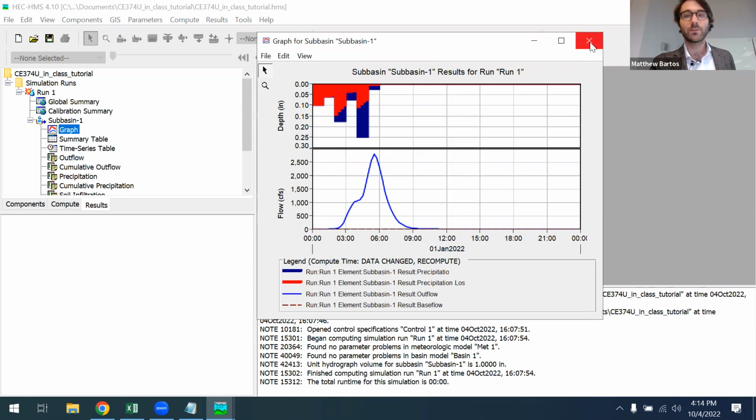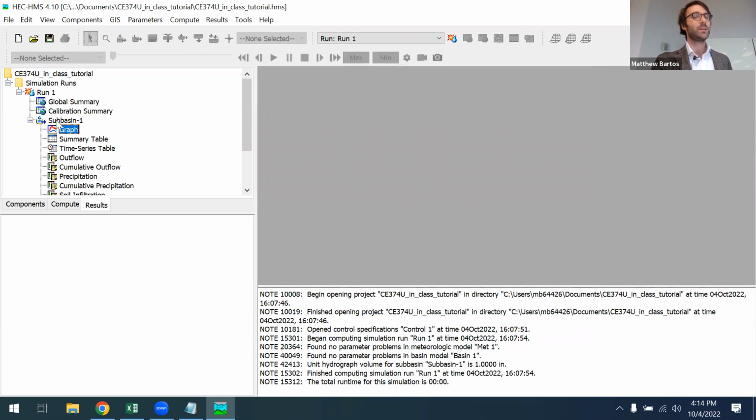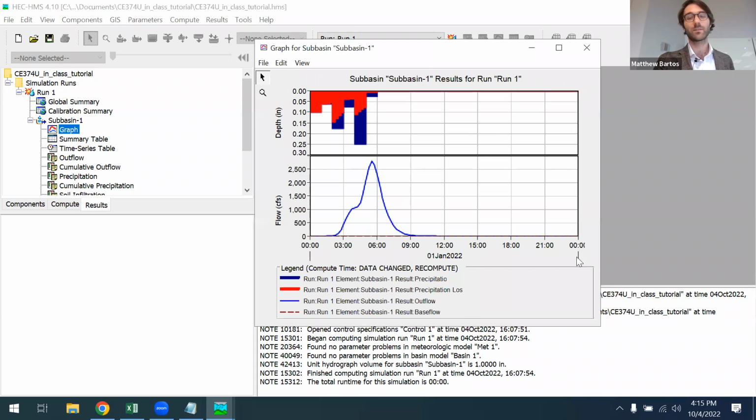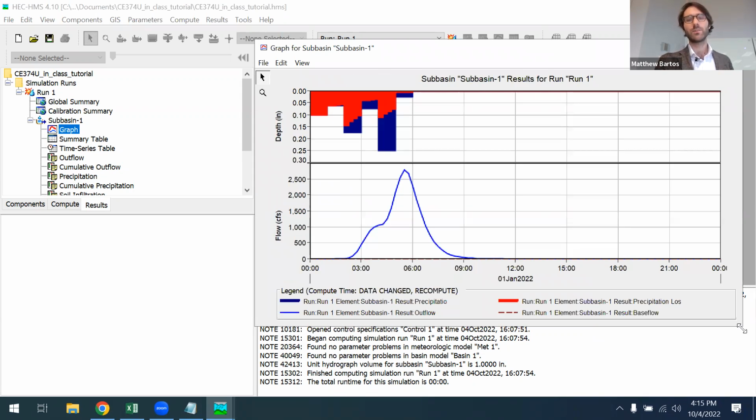If we go to the results and go to subbasin 1 and click on the graph, this will give us a graph of the runoff response for our subbasin. I just wanted to show you the individual components of this graph. On the bottom, we have the flow coming off of the watershed in cubic feet per second. This is similar to the flow produced in homework problem 2.2, where you're computing the flow coming off of the watershed.